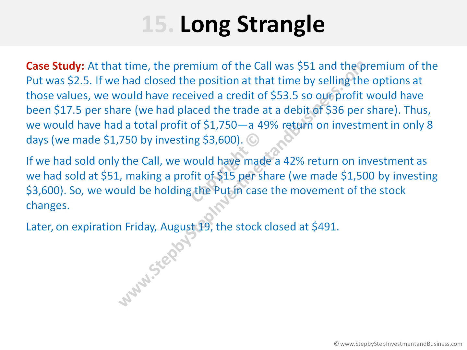If we had closed the position at that time by selling the options at those values, we would have received a credit of $53.5. So our profit would have been $17.5 per share, because we had placed the trade at a debit of $36 per share. Thus, we would have had a total profit of $1,750, making a 49% return on investment in only 8 days. That is, we made